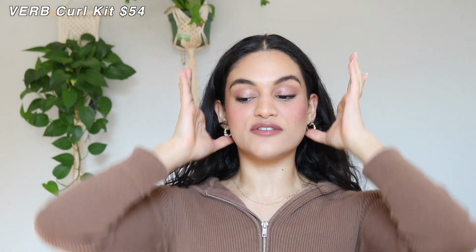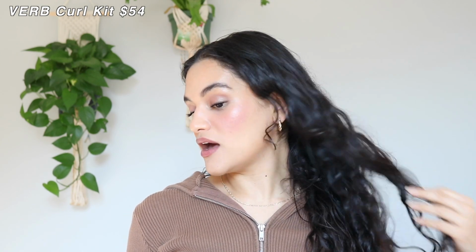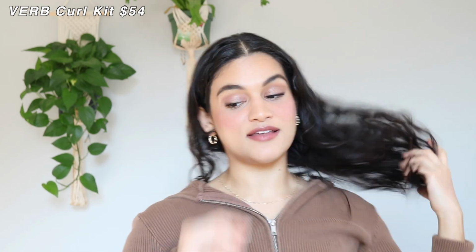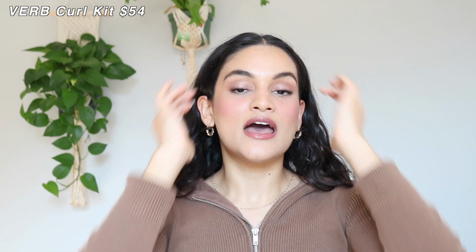This is my second time using it, and I just washed my hair this morning, so let me just show you my hair. It's honestly looking pretty nice and shiny and healthy. I did end up plopping it and then kind of laying down because I washed my hair at 5 a.m. this morning. So I think it is a little bit flatter because of that,